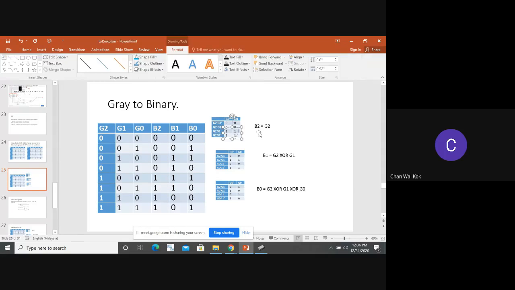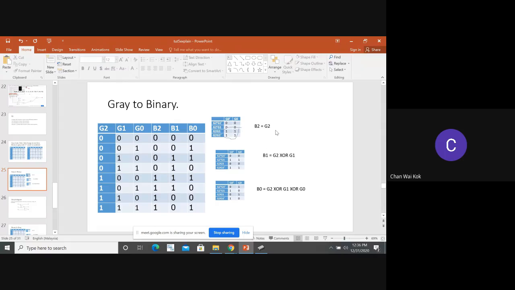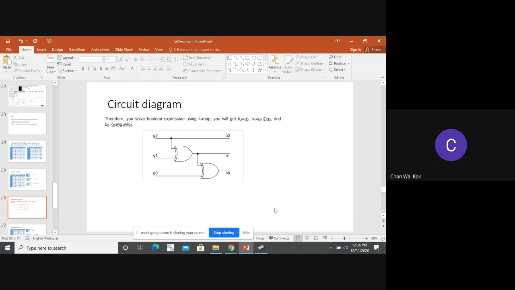Okay. So you can see here B2 equals G2, then B1 equals G2 XOR G1, and B0 equals G2 XOR G1 XOR G0. Then this is the circuit diagram for gray code to binary. Okay, this is the circuit diagram. Then from